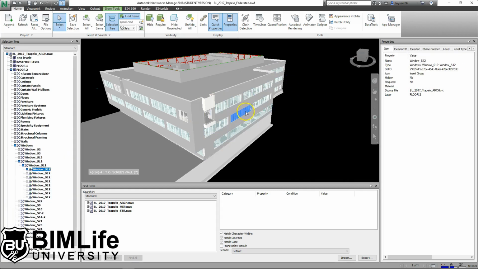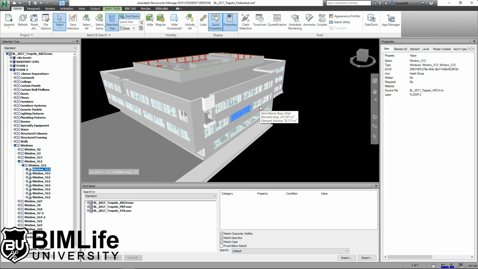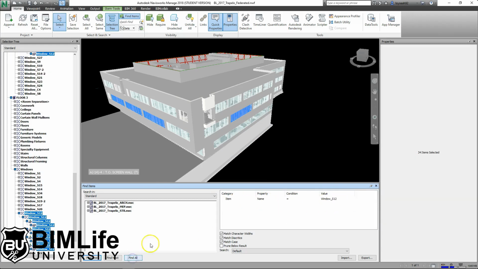Okay, so we have this window over here that is window S12, and actually there are other window S12 in the project. For example, this is window S12, you can see here. So instead of finding all the window S12 individually by manually clicking on them, we're going to ask Navisworks to find the total number of S12 windows and have them selected. So what we can do here is under category, follow the settings I have here. It will be item, name, equals, window S12. Once you have done that, press the Find All button, and you can see,